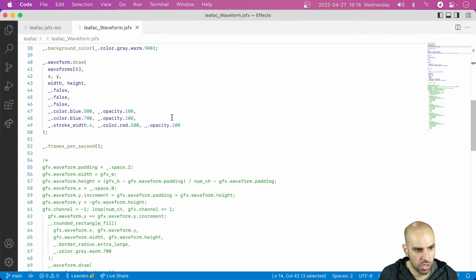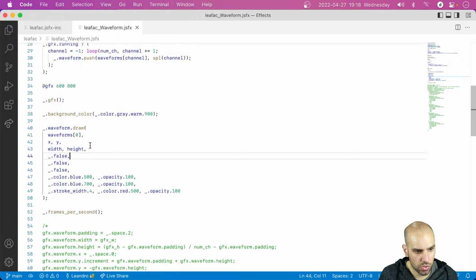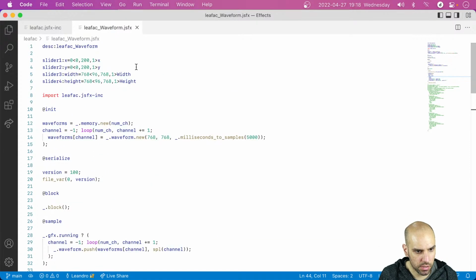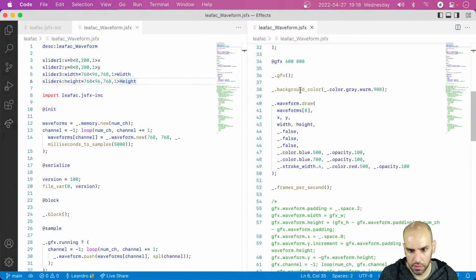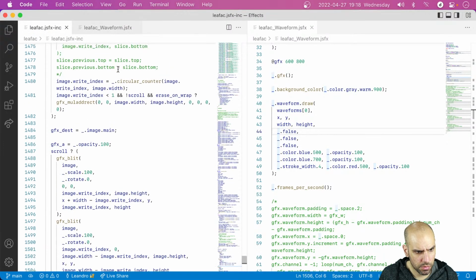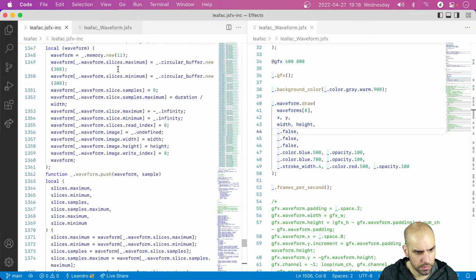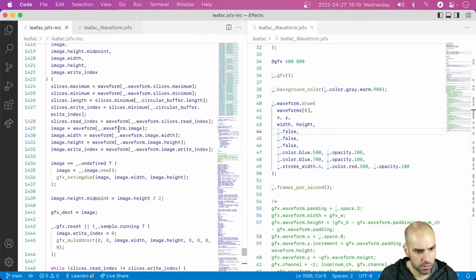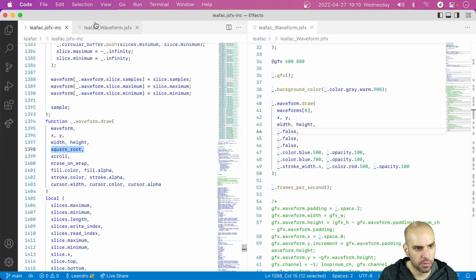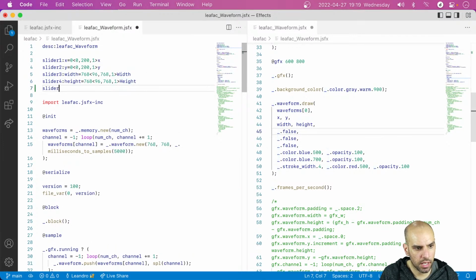Let's change this to be a scrolling waveform, or maybe let's have sliders for that. Right, let's have sliders for that. So over here we have x, y, width, and height. Next we have square root. Am I right? Yep, we have square root. So I will have a slider 5 that I will call square root. It will be by default false. And this one will be